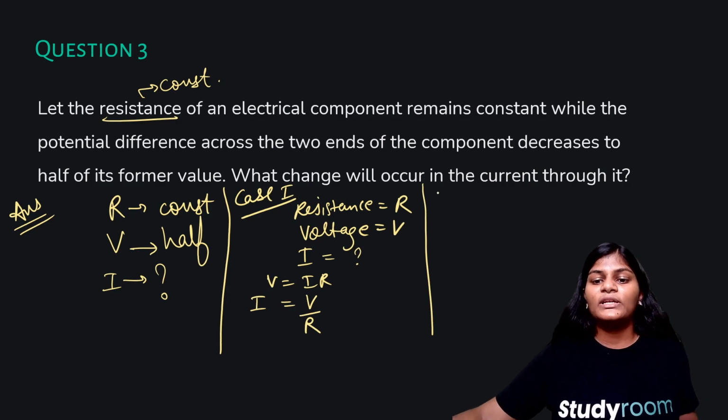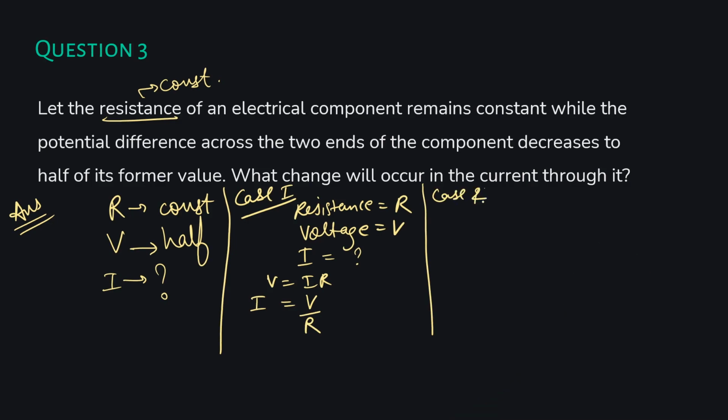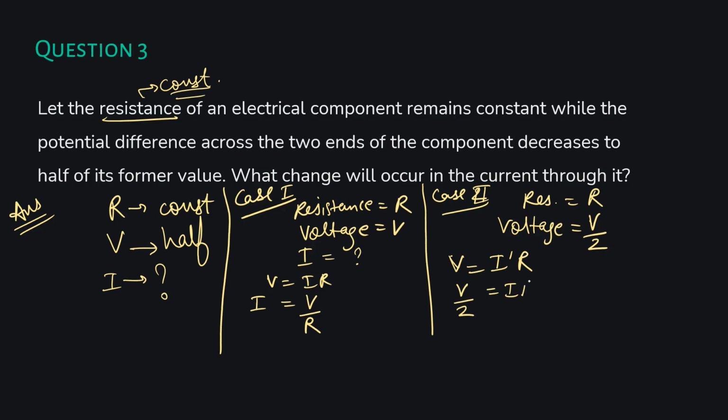Okay. Now in case 2, what is happening? In case 2, resistance is still R. It is given to us as constant. Voltage. What is voltage given to us as? The voltage decreases to half. That means it becomes V by 2, right? Now this new I or I dash, what is it? From V equal to IR. So here I is a new I, so I'm just using I dash. R is the same and V is, what is it? V by 2. So now in case 2, it is V by 2 instead of V is equal to I, and R is same. So I is equal to, what is it?